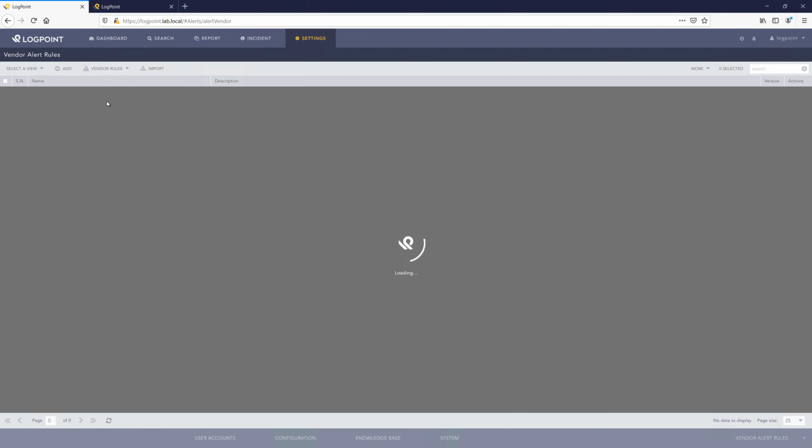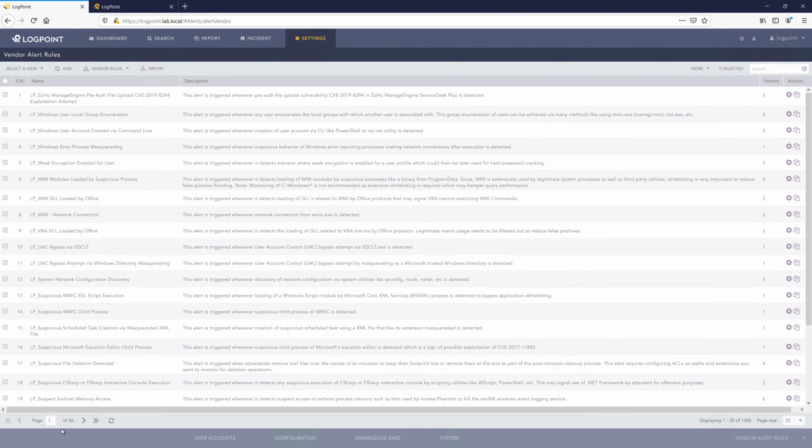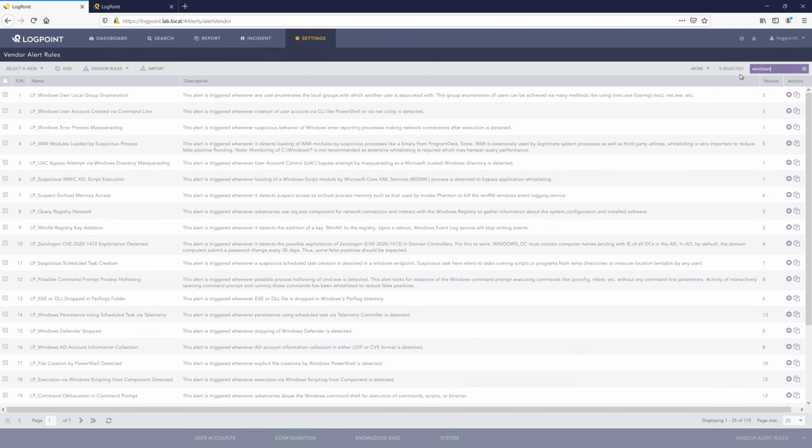the vendor rules, which are the pre-built LogPoint rules. And there are 56 pages worth of these. So previously, you could only search with full text searches, and in some cases it might make sense if you know what you're looking for. But even then, for Windows, there's a whole set of pre-built rules, and not all of them might be relevant